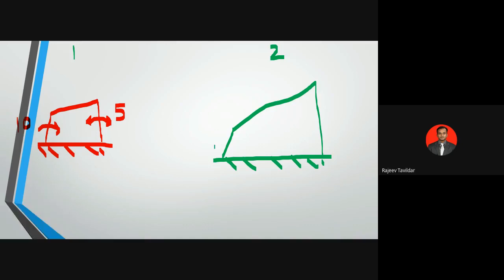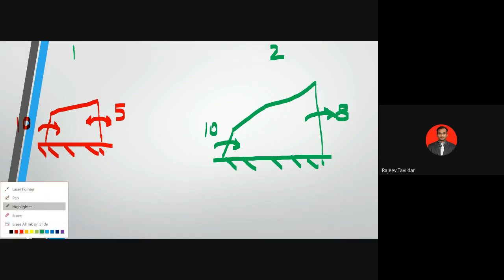You are going to give the input torque as 10 Newton meter, and when you measure the output torque, you are going to get the answer as 8 Newton meter. Okay. So in both of these cases, now we'll use the concept of mechanical advantage as the tool to judge which mechanism is going to be better.